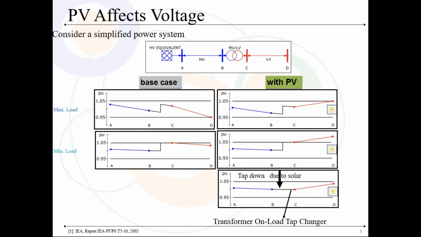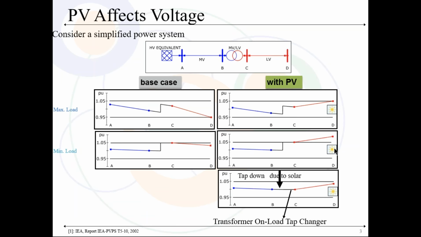But in the minimum load case, the second graph, there we see it can be a bad thing, where now we're actually increasing the voltage to be out of band here. And that means that this transformer here that had before stepped up the voltage now would have to change its windings to step down or not do anything, and then we are back within the range. So my talk today will actually be mostly about these transformers.